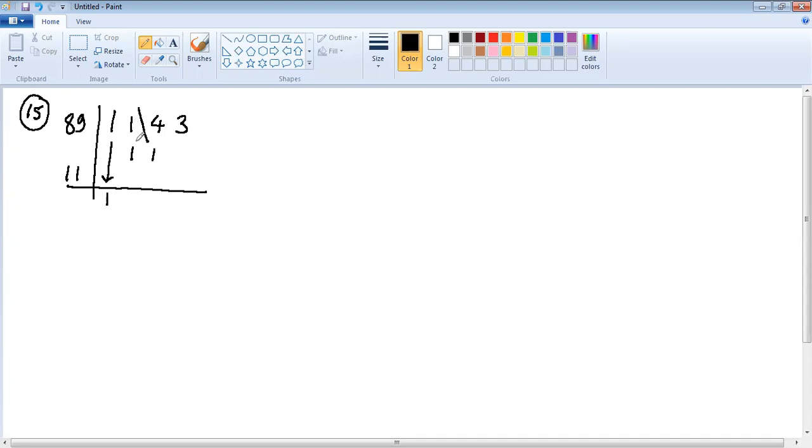Then next, add next column. 1 plus 1 is 2. And now 2 is a multiplying factor. 11 into 2 is 22. So 2 will come here. Other 2 will come here. When you get digit for the last position, it's the end of it. Just put the line, add this. 3 plus 2, 5. 4 plus 1, 5 plus 2, 7. So quotient is 12. Remainder is 75.